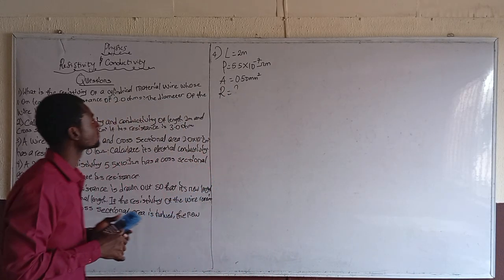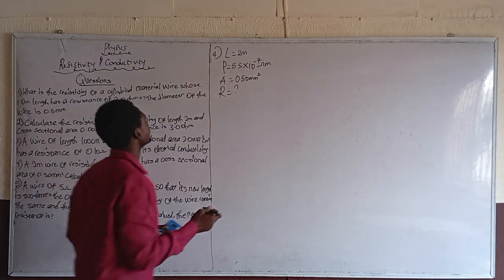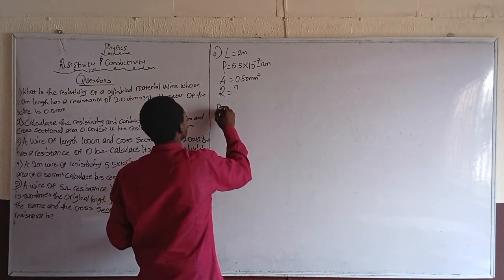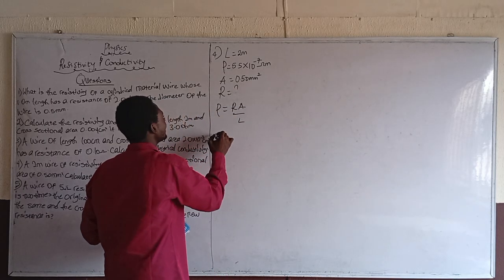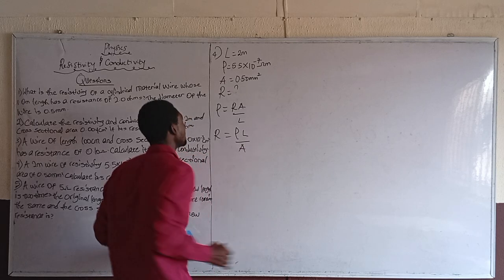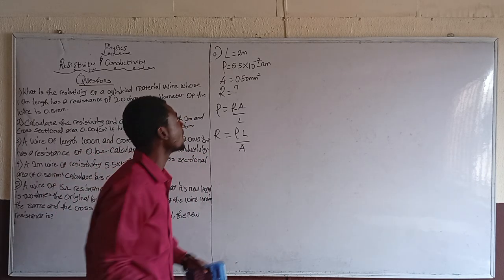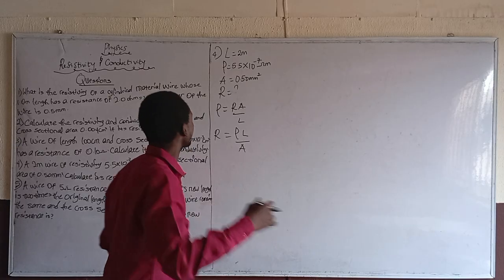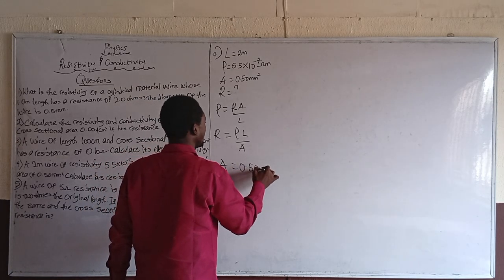So this is what I have. Calculate its what? Resistance. Now, resistivity is RA over L. That means resistance becomes resistivity times L divided by what? Area. Now, but my area is in millimeter square. I want to convert to what? Meter square. So the area is 0.50 millimeter square